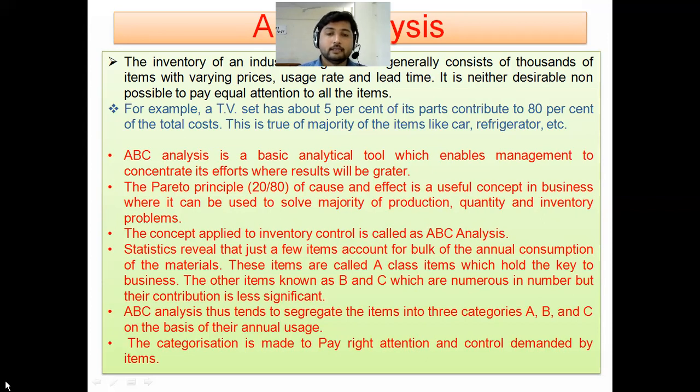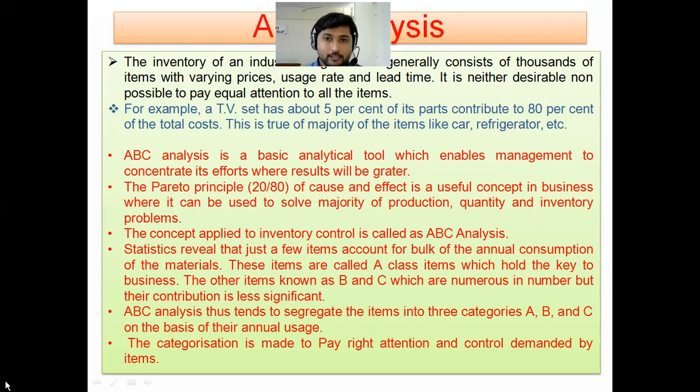Now, what is ABC analysis? ABC analysis tries to segregate the products and provide attention according to the consumption and according to the valuation of the product, or the valuation of the material of that product. Here the most important thing is that the Pareto principle is implemented. The Pareto principle is based on the 20-80 rule. So 20% of the components in a particular product are more valuable, consuming 80% of the money or expenditure,